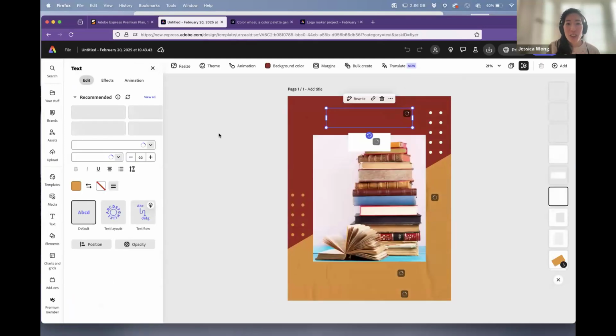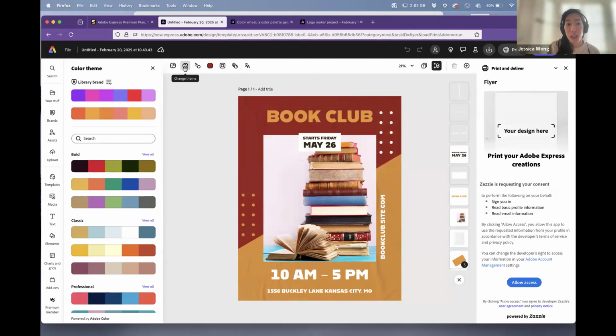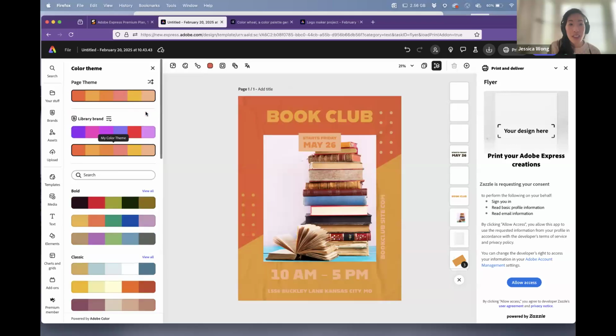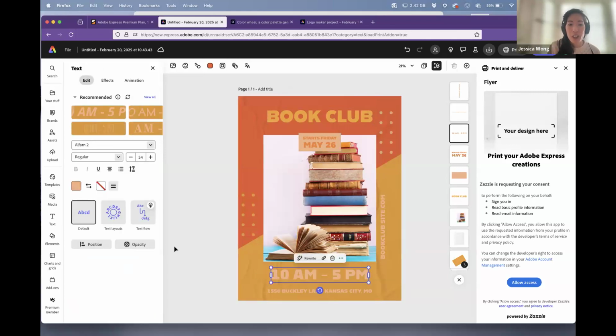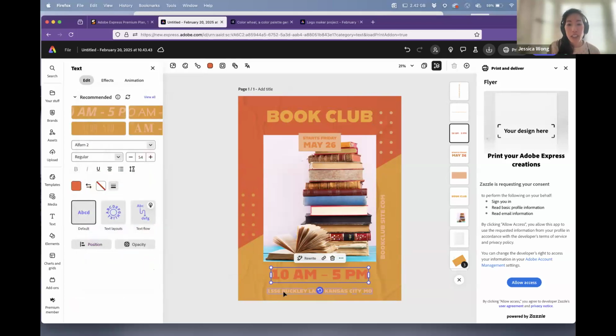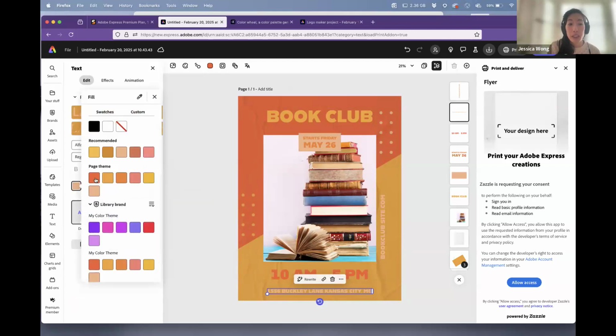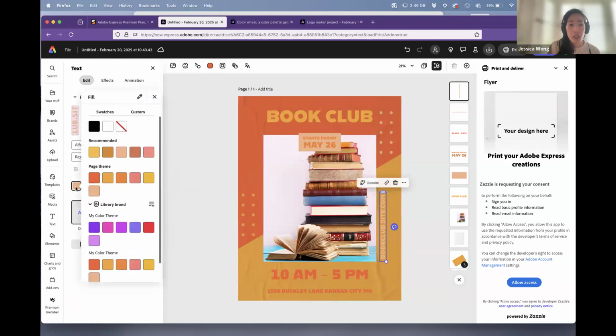And then what you can do is automatically apply your brand theme to it. So remember, we choose change theme up top, this little icon right here. And then I'll choose this brand, my brand library color palette. This font is a little bit hard to read here, so I'd want to make that a bit darker so that folks can actually see. Everything is completely customizable as well. All of the text here is customizable.